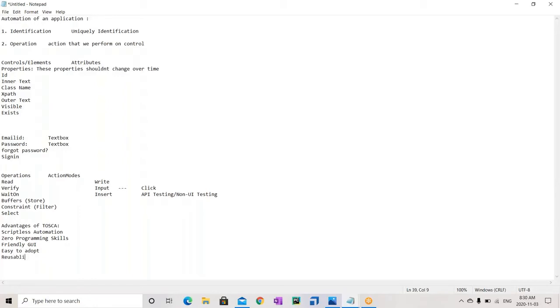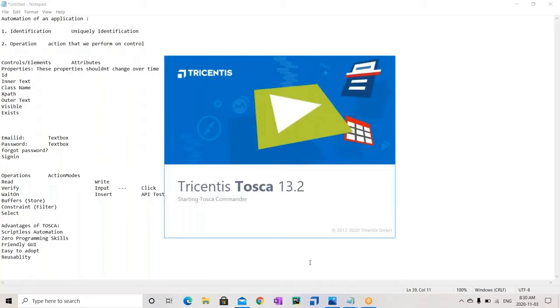I feel advantages are not something that you will have to read. You will start listing out the advantages once you use the tool. That is what we call advantages. And let's just see one basic flow so that it will tell you how easy it is to work with Tosca. Rather than me explaining all the things, I'll just show you one basic flow. So it makes things very convenient, so that you can understand whether you are good to go with Tosca or you have to go with some other tool.